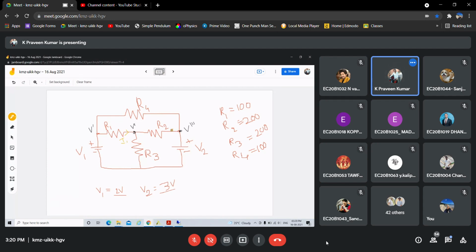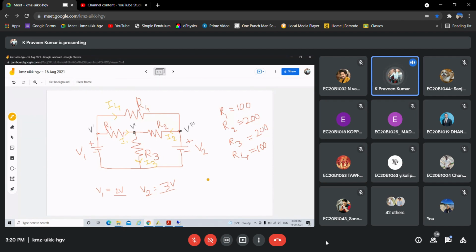I1, I2, I3, and I4. Right. So if you want, you can note down this circuit and apply KCL and KVL equations, and then calculate these node voltages V dash, V double dash, and V triple dash, and the branch currents I1, I2, I3, and I4.